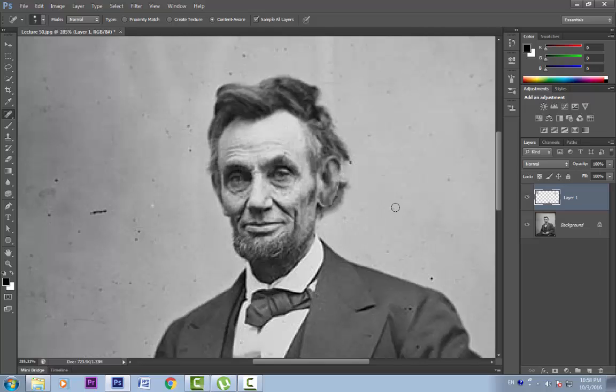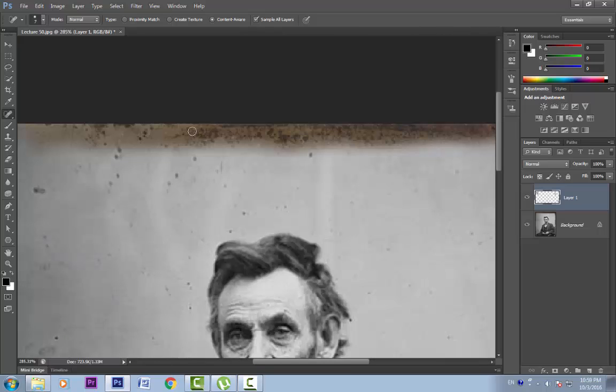This was just for demonstration purposes. I will hit Ctrl Z. But when we try to heal these more damaged areas with this tool, it does not do a great job. So let's take this patch tool right here, the third one, and see its options. We can get to this patch tool by pressing Shift J.